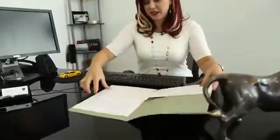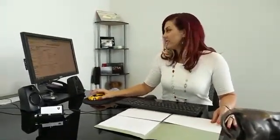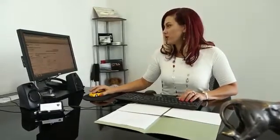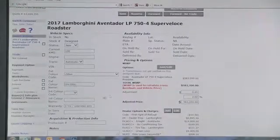All right, are you ready to go price your car? Let's go. So I have here a copy of your final spec. We've gone over it time and time again, and you're ready to submit it to the factory. We're gonna go here. Firstly, we're gonna add the color. And now we can add the options that you chose. We'll start with your special paint, it's Oro Elios. And that was an Ad Personam choice, priced at